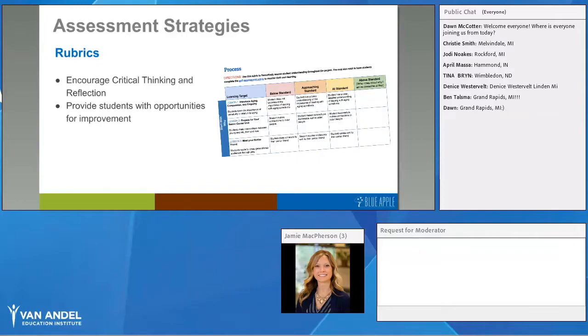Now to talk about rubrics. Rubrics are a great way to encourage critical thinking and reflection. We can give these to our students early on in the process, at the very beginning, and it gives our students a clear idea of what it is we're looking for. It also provides students with opportunities for improvement. So if they see that maybe they're below the standard, or they're approaching the standard, we can show them clearly what it looks like to be at the standard, and even leaving room to go beyond that. And maybe we have an above standard column that allows them to show their learning, how they went above and beyond,